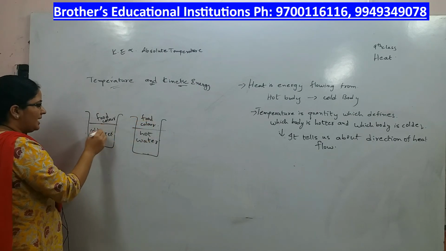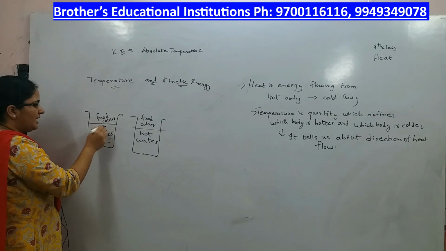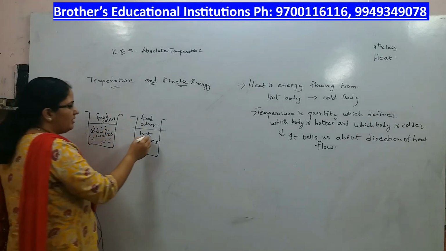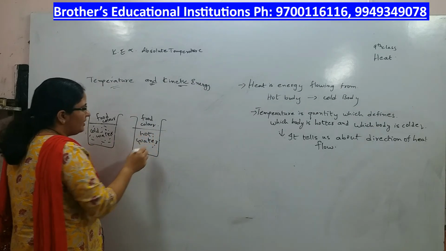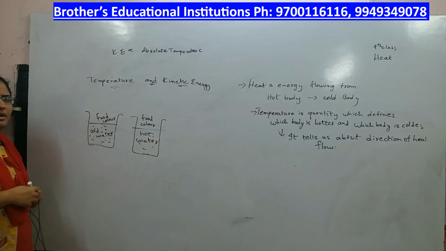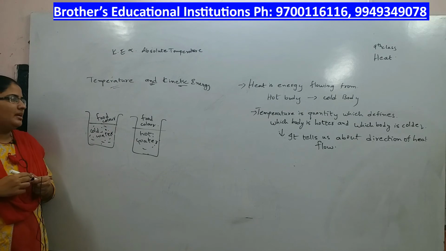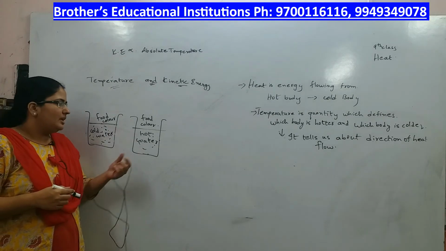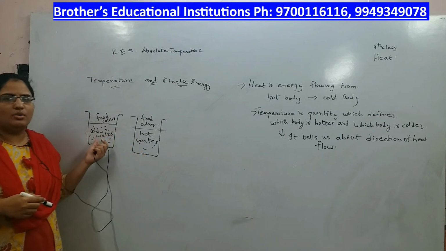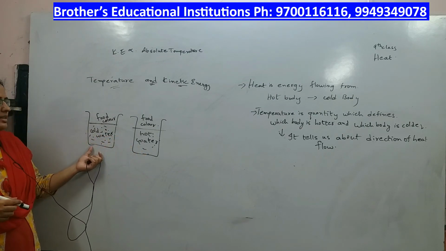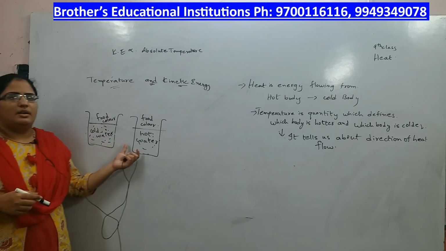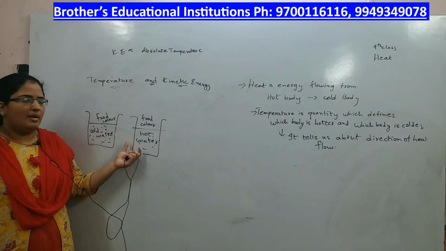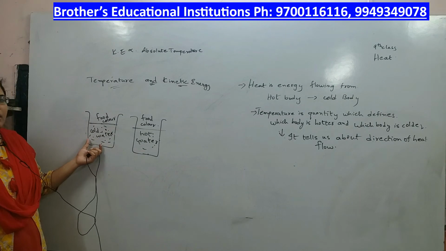Now because the particles in the water move randomly, the food color will be spreading. Here also the food color spreads because of the random motion of the particles of the water. But you will observe that the food color spreads faster in hot water when compared to cold water. This is because the particles in the hot water move with greater speed compared to the particles of the water